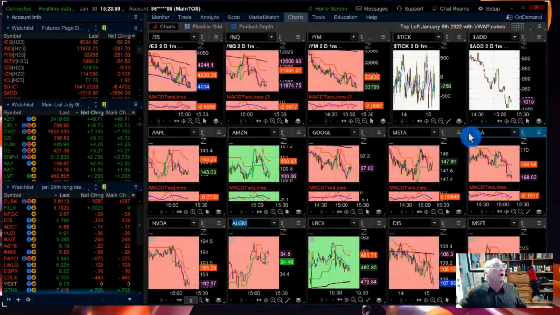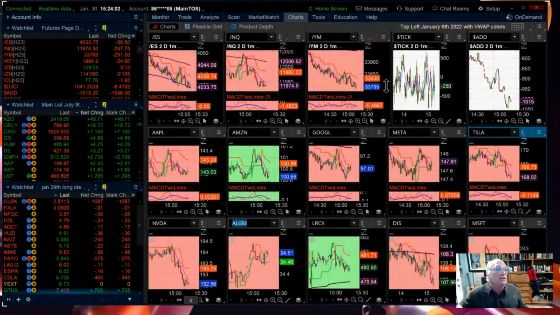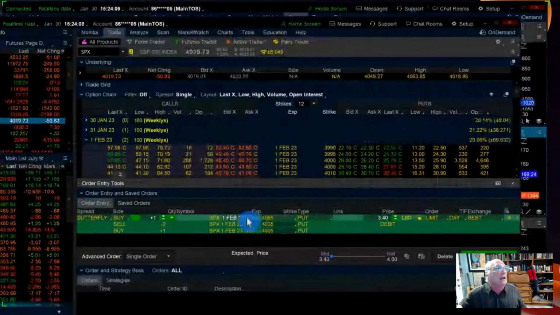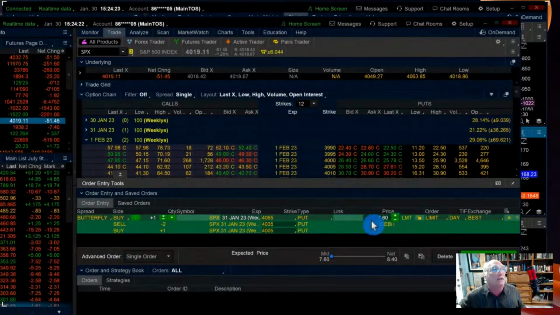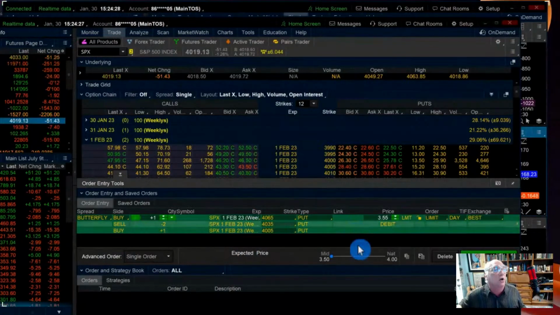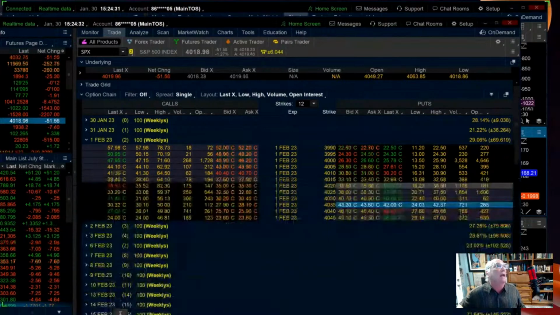I'm probably going to put in, well, I'll buy the rest later, but I just want to show you how that worked. So I did that butterfly. The theory is that one day later it went the wrong way. One day later, it's going to be there. Yeah, that's not going to happen because the implied volatility is going to go crazy, but it just seems like a good risk reward as long as you're out before the Fed.